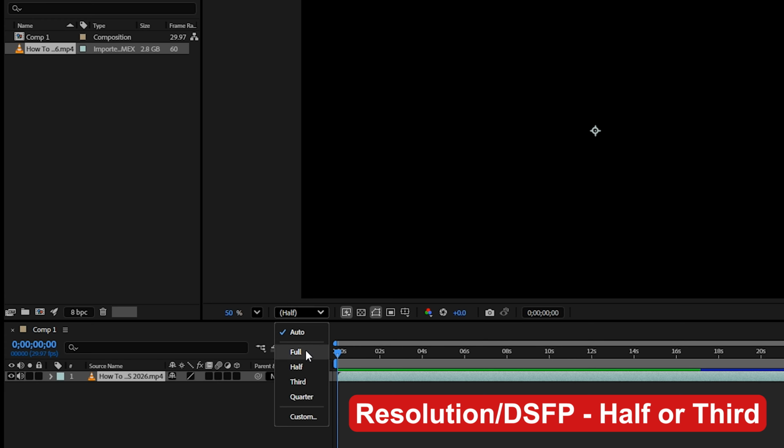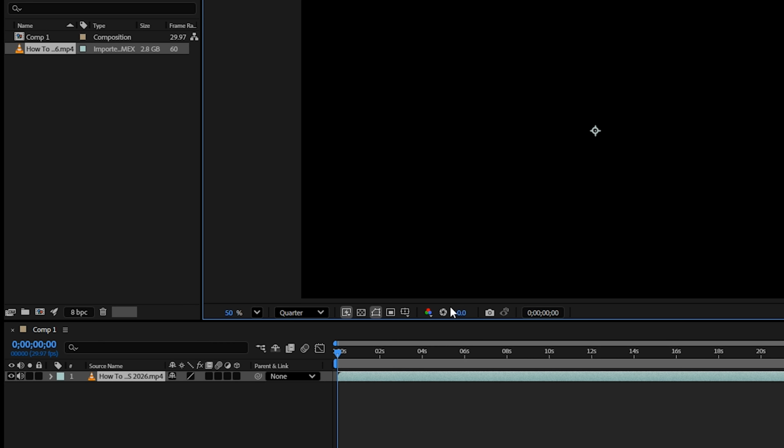If you want the best quality, you can go with full, but if you want to increase the preview speed or the rendering speed, you can go with the half or the third. But if you want further improvements in your After Effects, you can also go with the quarter. That is perfectly fine. And once you're done applying these settings in the After Effects, you can press your caps